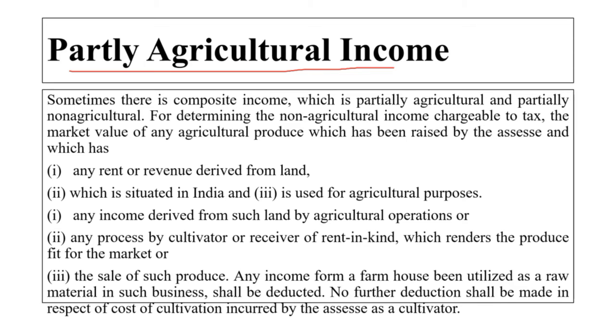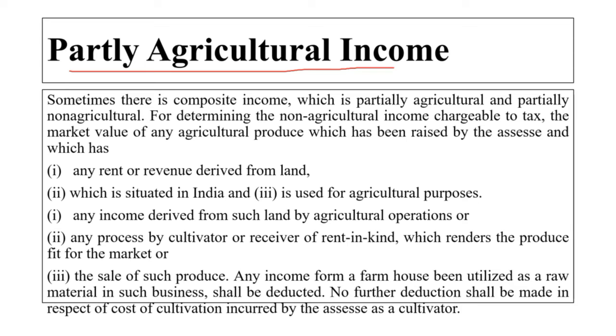For determining the non-agriculture income chargeable to tax, the market value of any agricultural produce which has been raised by the assessee, and any rent or revenue derived from land situated in India and used for agricultural purpose,